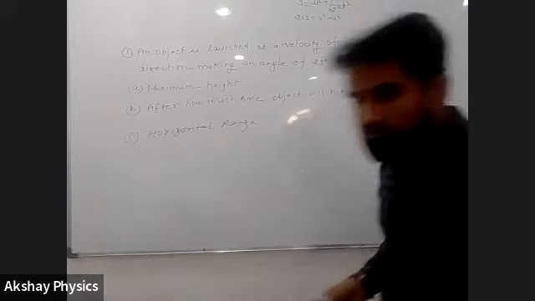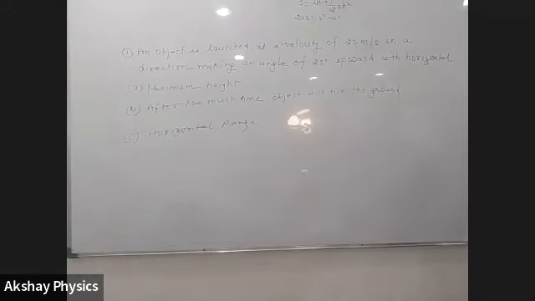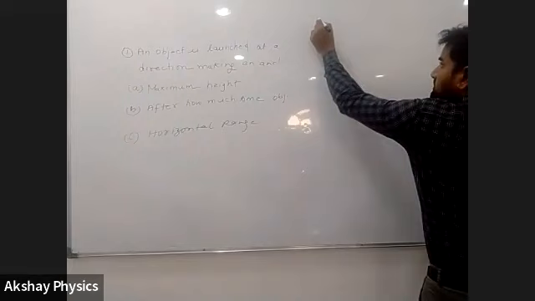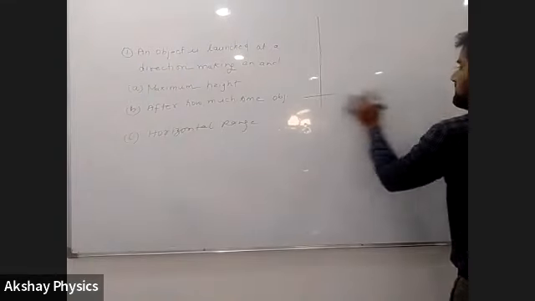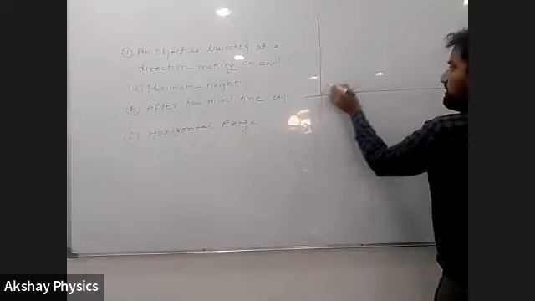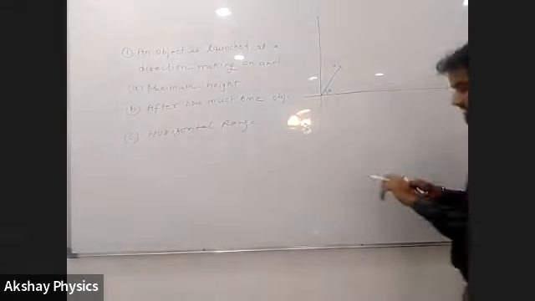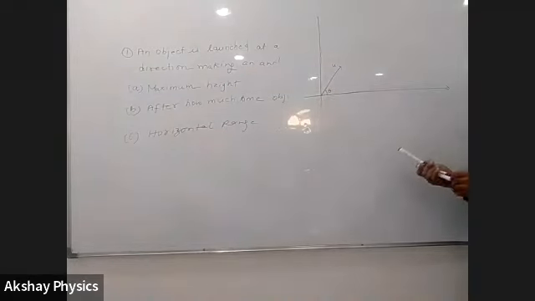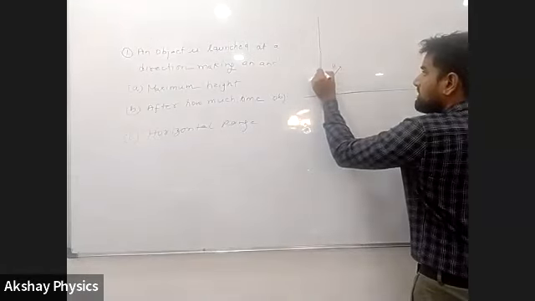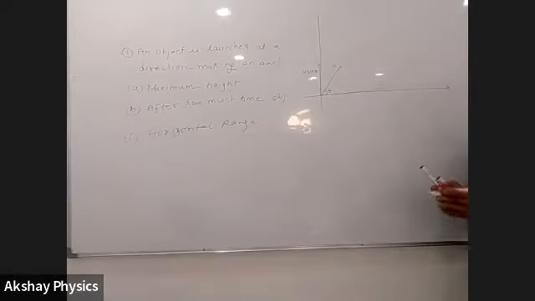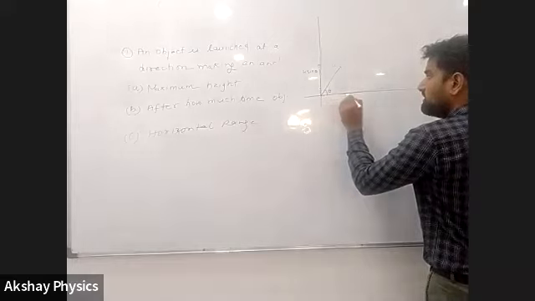But first of all, let me explain why we have two velocities when the particle is falling. I explained it already in the last class. When a projectile starts making motion, say this is the horizon, and this was the initial velocity u, and this was the angle theta. And this particle is going in this direction. So this is the vertical component, you all know that, and this is u sin theta, right? And there is another component here, and this component is